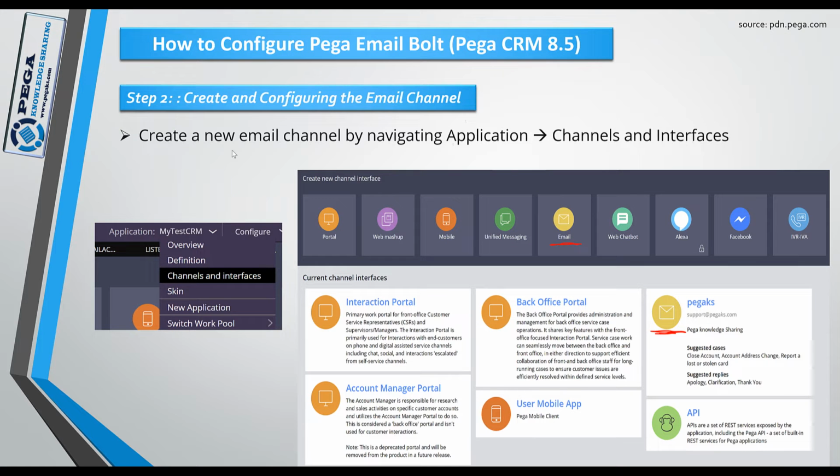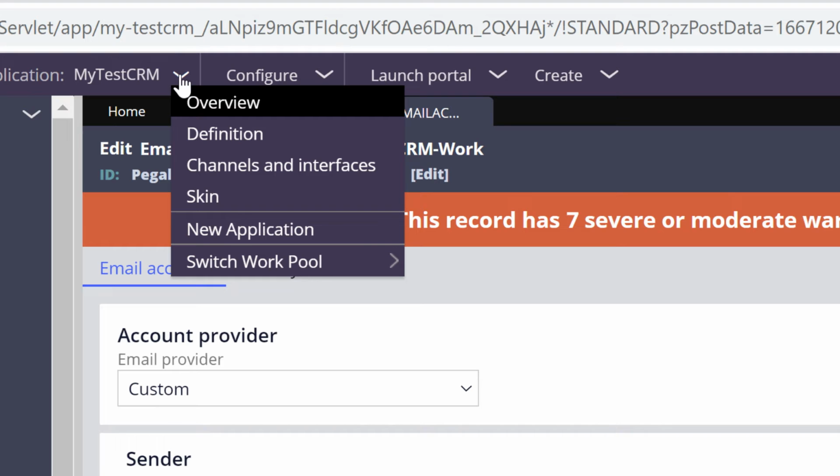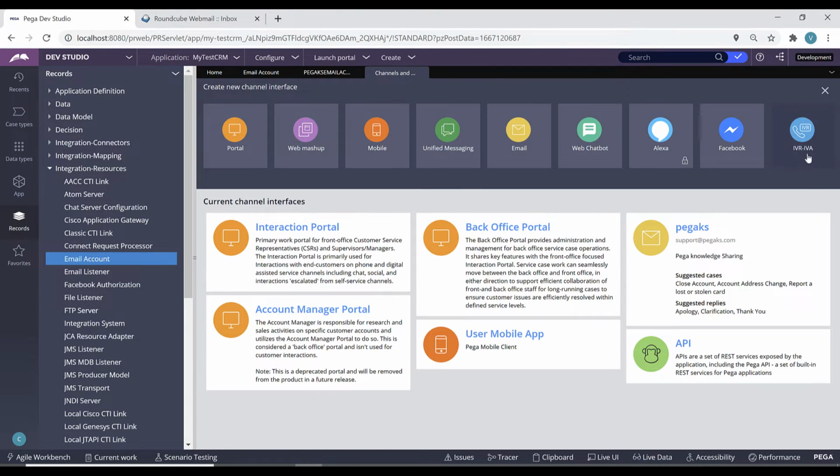As a step 2, create and configure the email channel. In the channels and interfaces wizard, you can click on email to create a new email channel. Click the down arrow on your application menu, click channels and interfaces. Once you launch this channels and interfaces screen, you can click on email to create a new email channel. I have already created a new email channel. Let's open this channel.